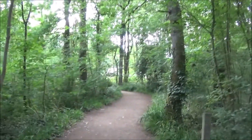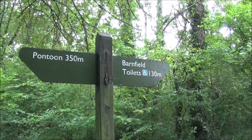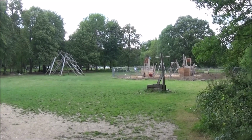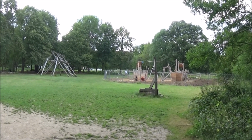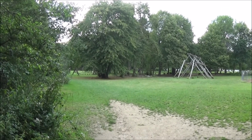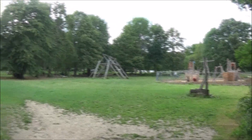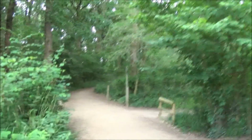You see some kids' play equipment there in the distance. So if you bring the kids, there's a nice play area there. Fenced off at the moment due to COVID probably. We're not going out onto the open bit. You can have a nice picnic out there, but we're actually going to go back and we're going to go left where that signpost was,